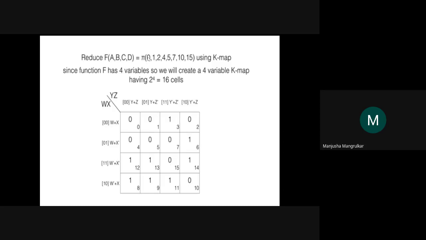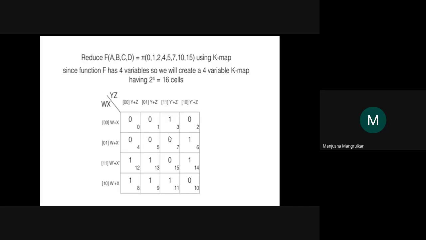Now see that 0 is 0, 1 is 0, 2 is 0, 4 is 0, 5 is 0, 7 is 0, 10 is 0 and 15 is 0, right? So these you have marked as 0. Now look at the example. These 4 are combined together: cell number 0, cell number 1, cell number 4 and cell number 5, right? These zeros are combined together. Now the second, these zeros are combined in a pair, forming a pair of 4 zeros.